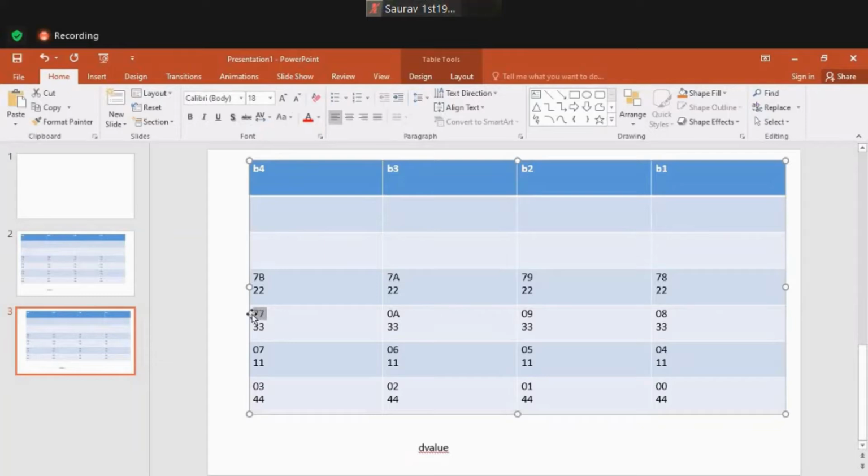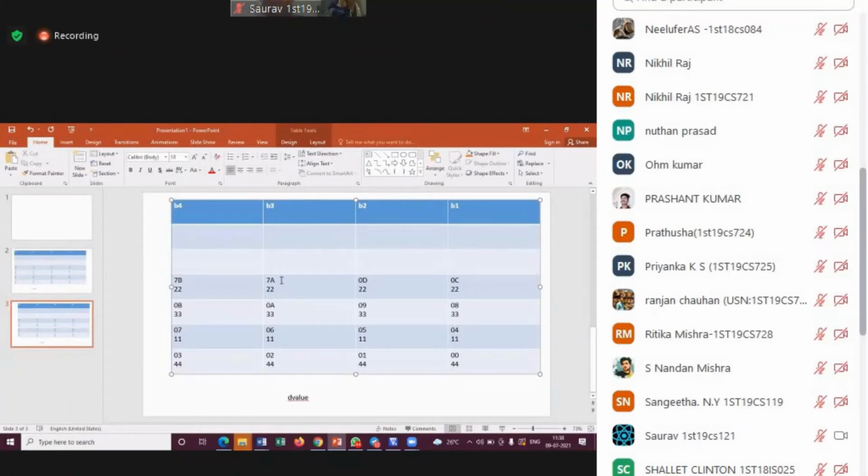0A, then 0B. Next is 0C, 0D, 0E, and 0F.